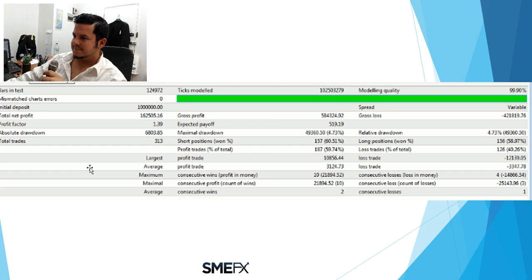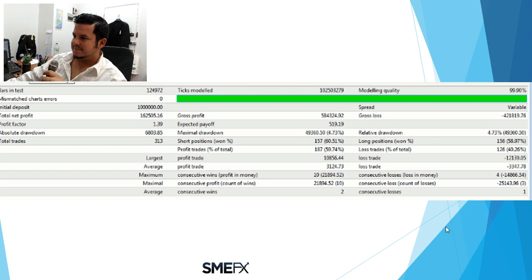And look at that. Drawdown 4.73 maximum, which translates into almost 50K, while it made more than 160K. How cool is that? More than 3 times more profit than drawdown. If you get those kind of values, it's amazing. And pay attention, 99.9% modeling quality. That's very important. I'll show you the live results also, don't worry. But you understand that these are the numbers you want to